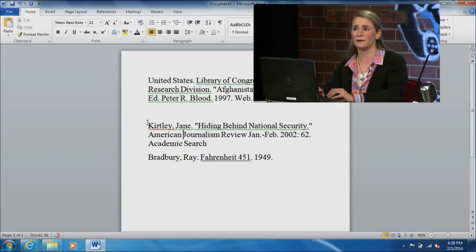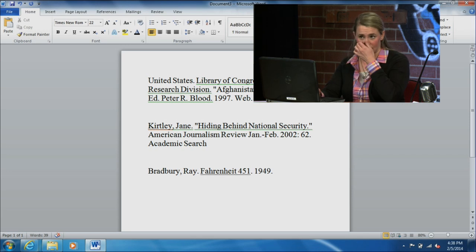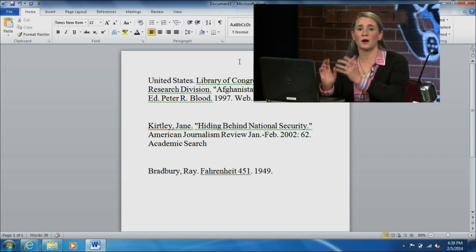If you can look at my screen again, because I did these quickly, these aren't exactly in correct works cited format. You would want to indent your second and subsequent lines of each entry. But this is a good way to show you the word or phrase that you would put into your parenthetical